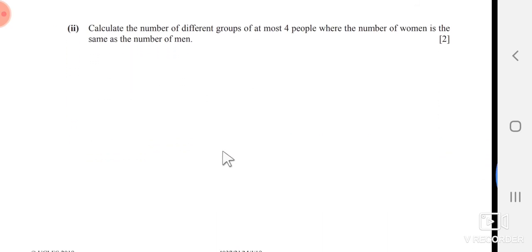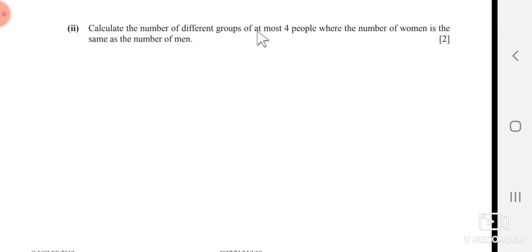Now in the same way, my dear, calculate the number of different groups of at most 4 people, where the number of women in the group is the same as the number of men. Now calculate the number of different groups of at most 4 people, where the number of women